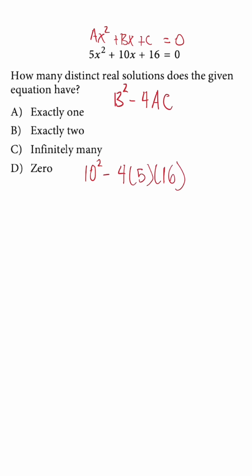16. Now, when we multiply these together, we're going to get 100 minus 320, which is going to be negative 220. And when we have an answer like this, which is less than 0, that means we're not going